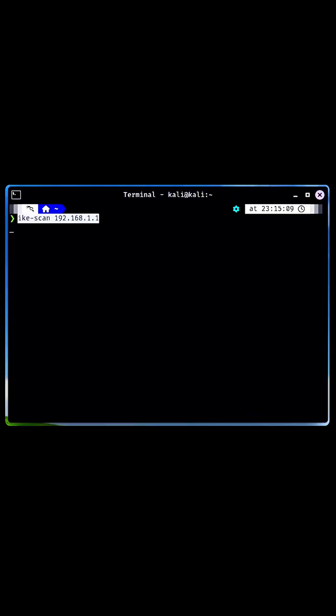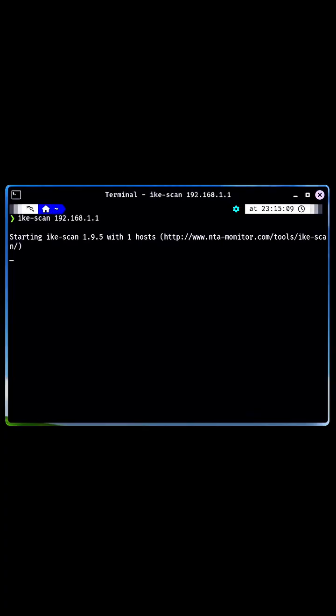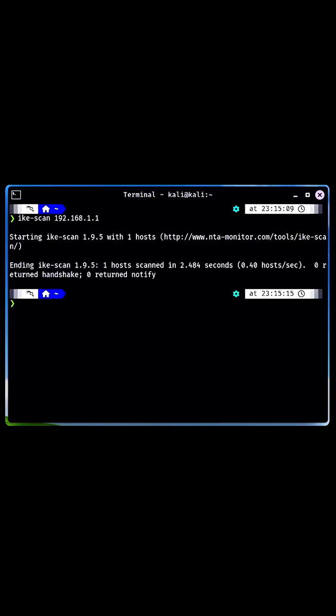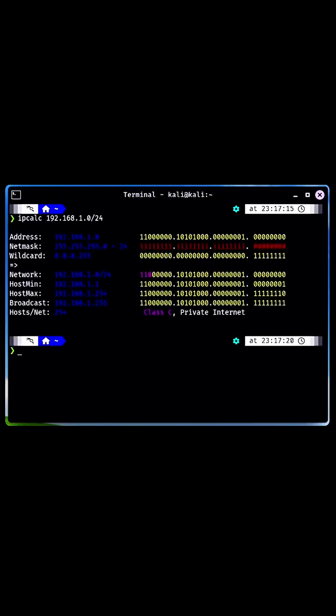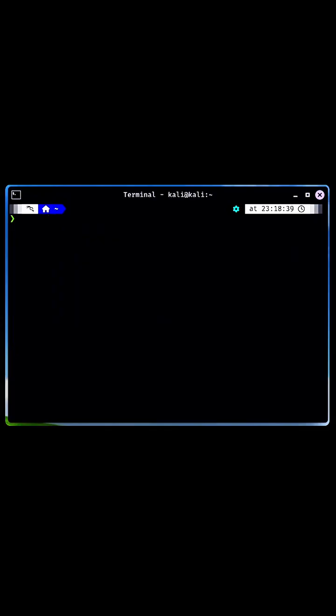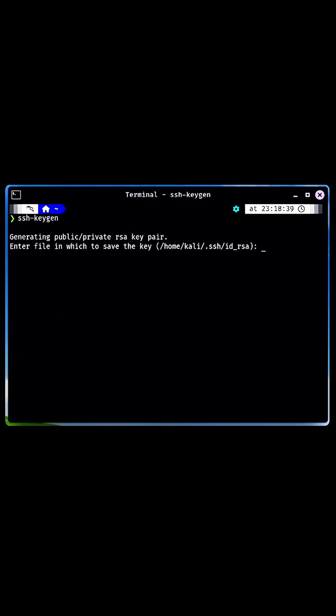IKE scan. This tool is used for VPN fingerprinting and testing, allowing you to discover IKE, Internet Key Exchange, services on a network, useful for security assessments. IPCalc calculates IP network parameters, including subnet masks and broadcast addresses, helping you manage IP address allocations effectively. SSH keygen. Use this command to generate SSH key pairs for secure authentication when connecting to remote systems, enhancing security